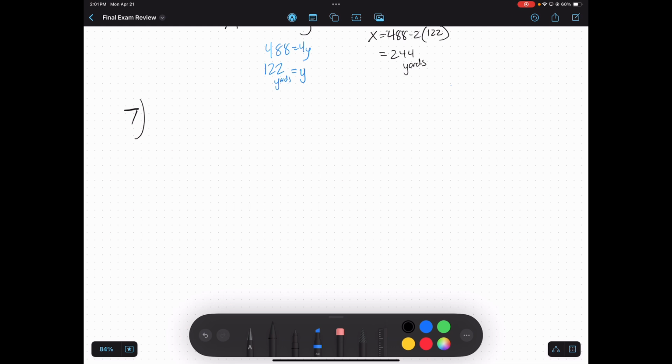Number 7. Another optimization problem, but this one's going to look a little bit different. It says a certain company has a cost equation of 3,500 plus 0.5x squared, and they have a